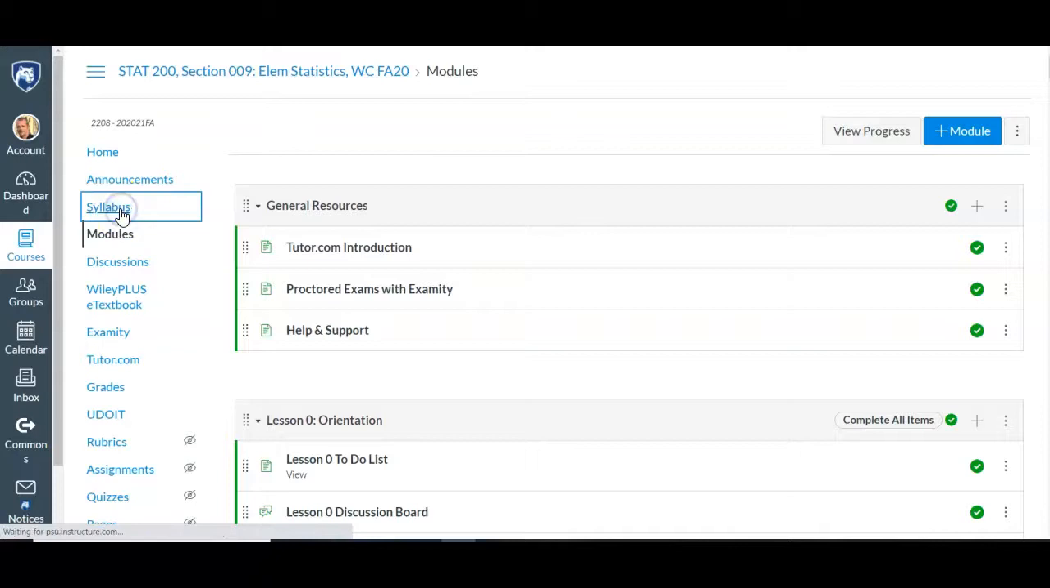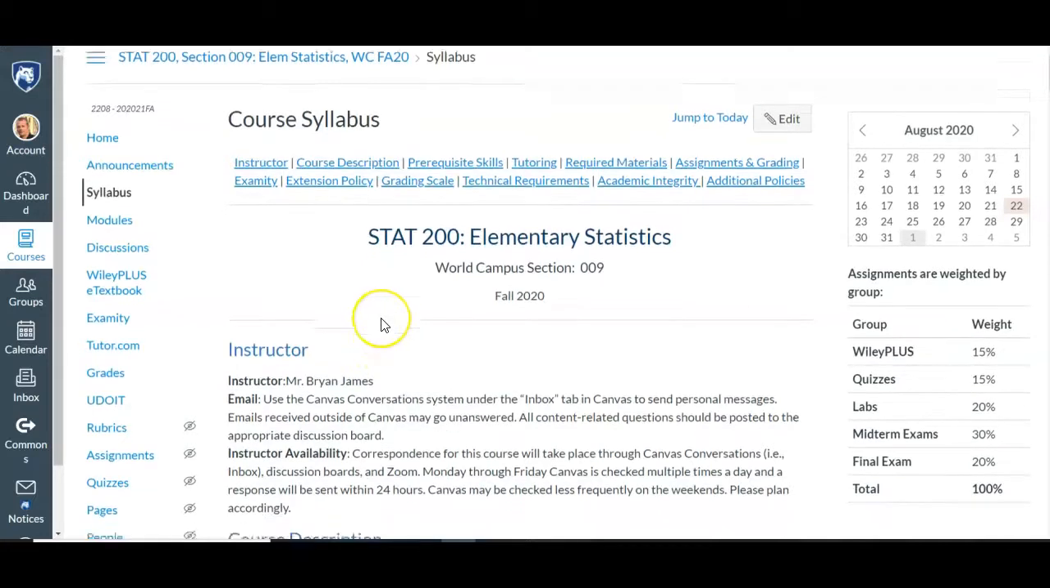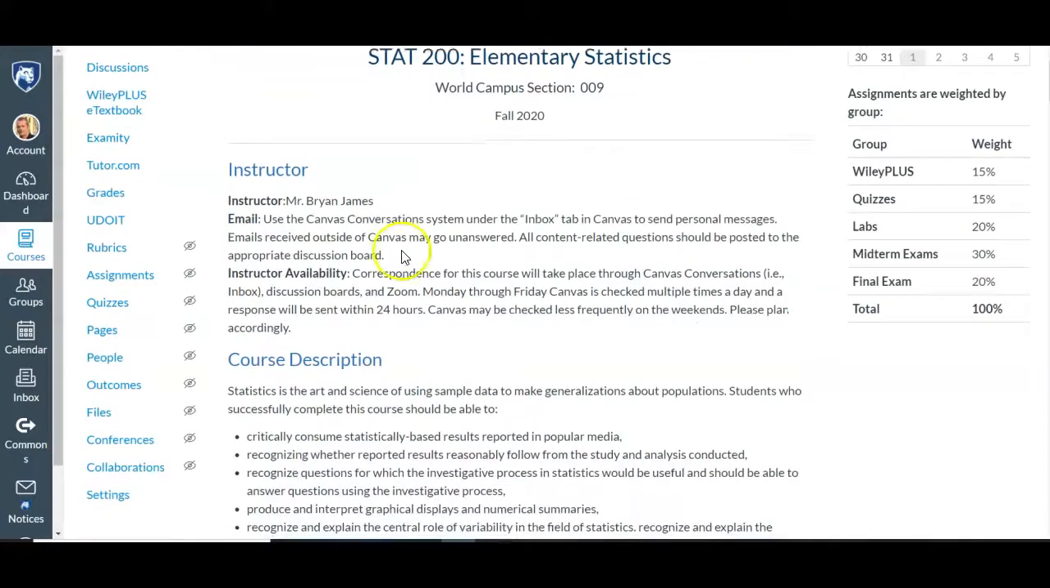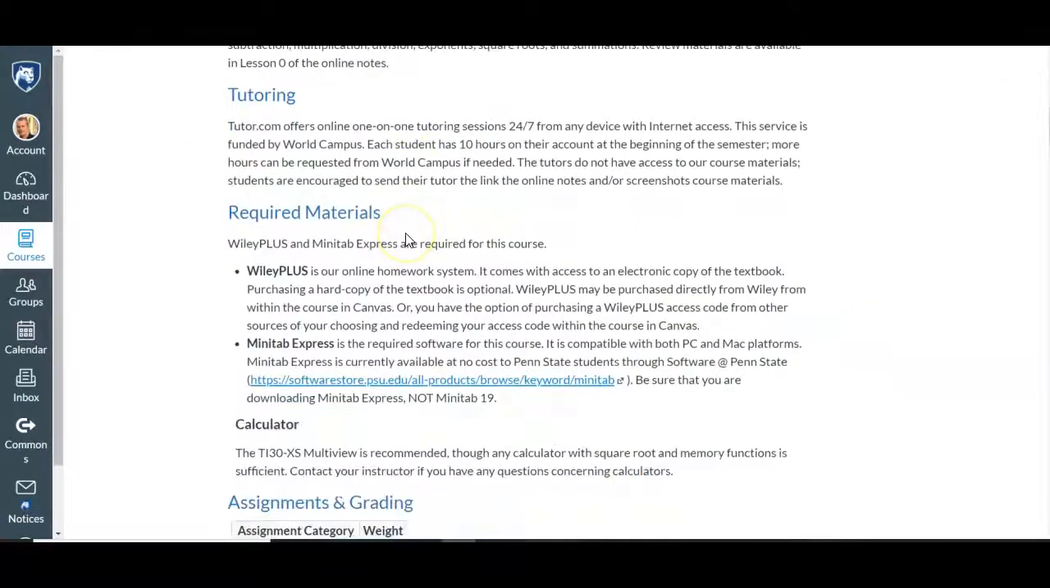Let's open the course syllabus quickly. So here's the course syllabus, and it's HTML style. So when you go down through this, you can see my instructor information. There's a course description, some tutoring. Required materials is that Wiley Plus, our online system. You have to purchase it, as you can see, but it's built into the makeup of Stat 200 weekly, so you can just link out to the